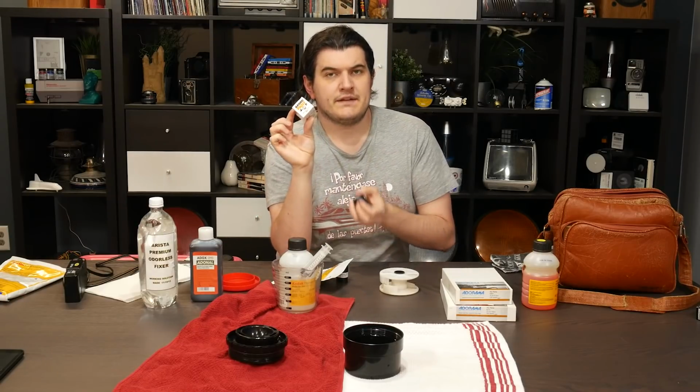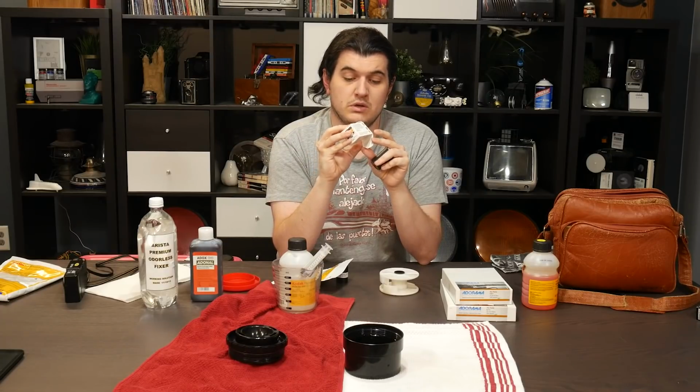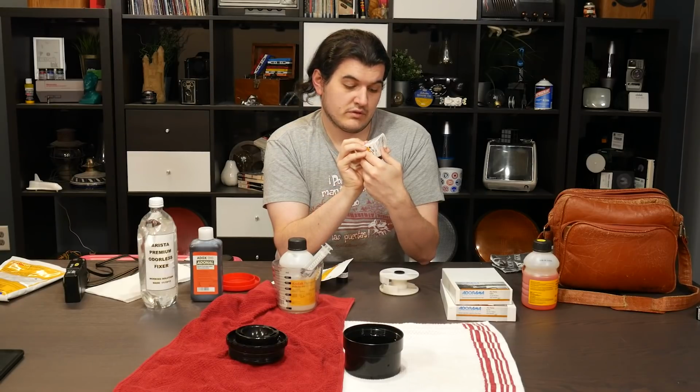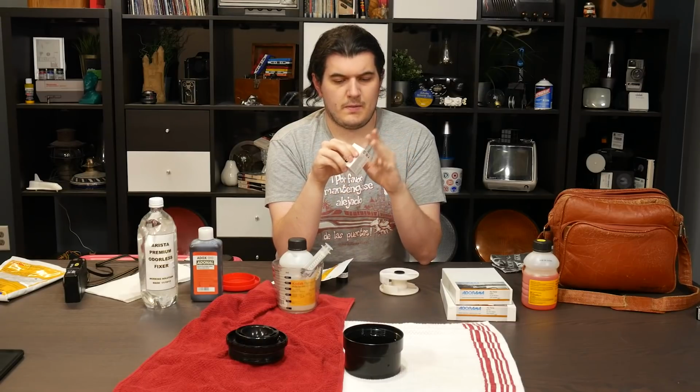This is Ilford Pan F50. This is an extremely high resolution film, but it's very slow. There's a chart inside the box that shows you all the different development times for different developers at different temperatures, and also push and pull processing. But